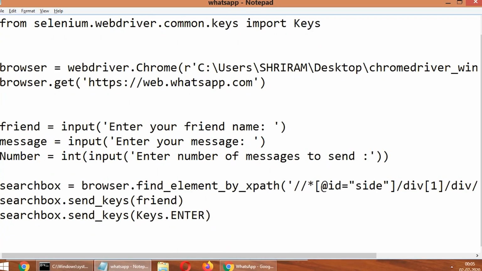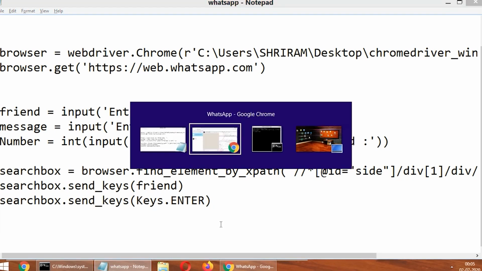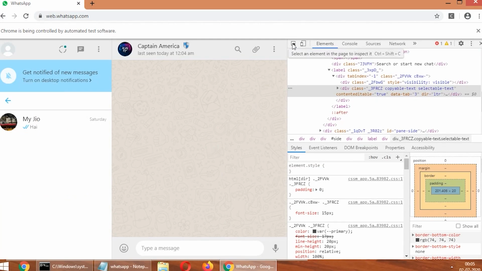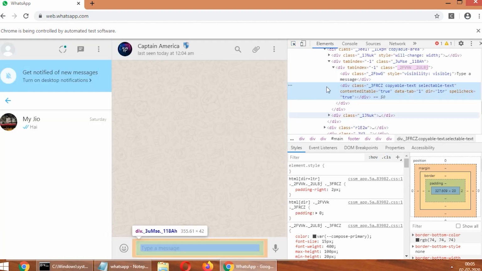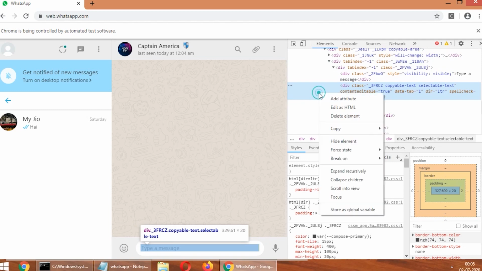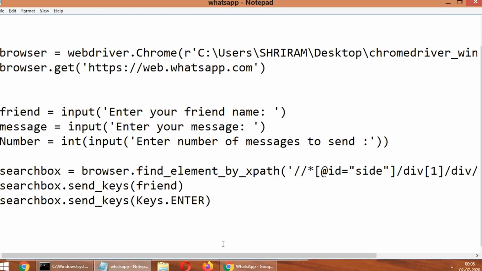In order to send a message, we want to find the XPath of our message box, which is similar to what we had done for the search box. Click on the picker tool, go to the message box and copy the code. Copy the XPath. Fine.